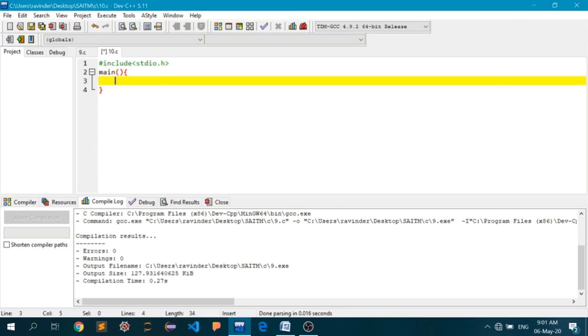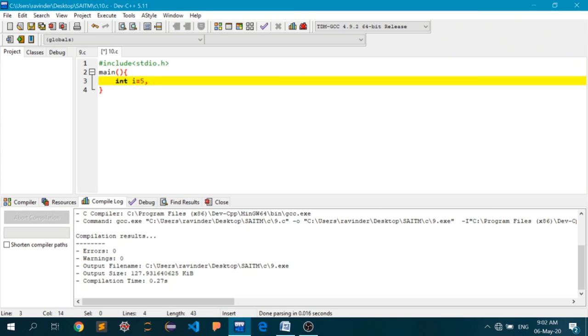Okay, so I am inside the main. Let me first declare and initialize a variable of type integer. You can take any type of variable you want and any name you want. It is up to you. I'm just using easy names for the sake of convenience. So I will declare a variable with the name i of type integer, and initialize its value equal to, let's say, 5, and I'll also declare a pointer variable